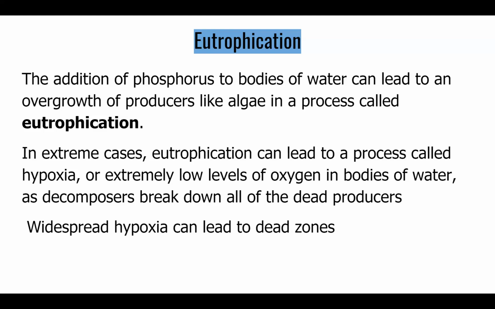Another way this usually happens is with oil spills. So there's actually a really big dead zone in the Gulf of Mexico because oil spills have increased the amount of phosphorus, because there is phosphorus naturally occurring in crude oil. A lot of that oil leaches into the water. That's a lot of phosphorus. A lot of phosphorus, a lot of producers, a lot of algae, a lot of dead algae, a lot of decomposition, no oxygen.